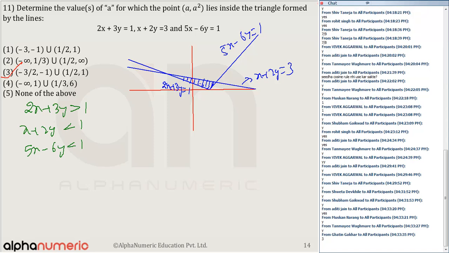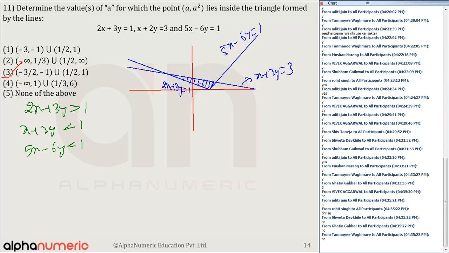किसी को डाउट है यहां तक? प्लीज रिस्पॉन्ड. नो. ठीक है,